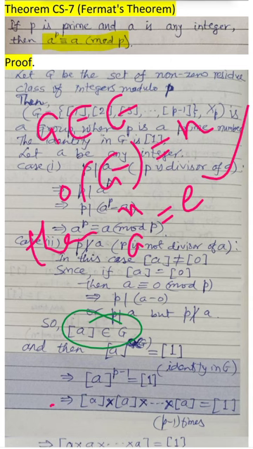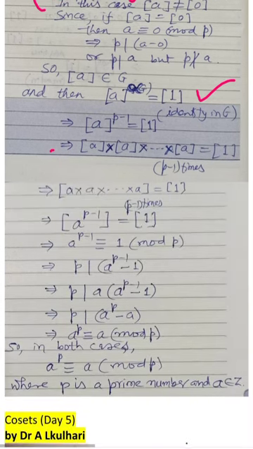So by this corollary, here class A is a member of G and class 1 is the identity in G. So A raised to the power order of G equals the identity class 1,